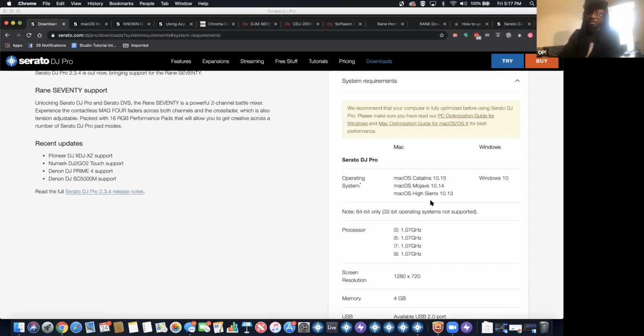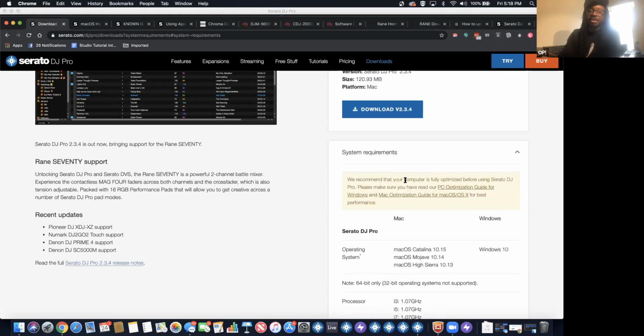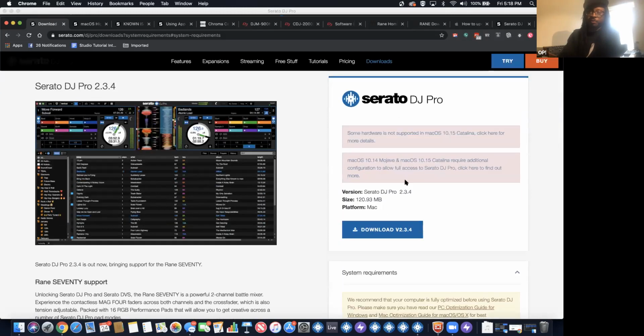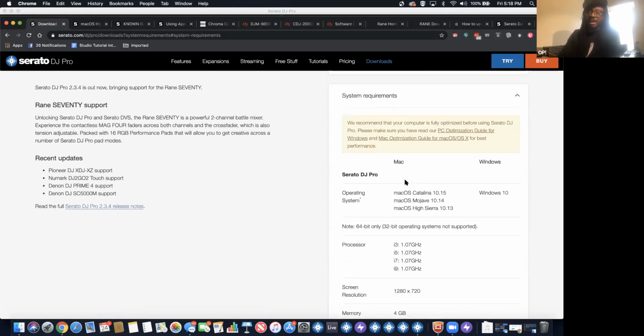Apple technically only supports the last 3 operating systems that it makes for any software across the board. So it's not just Serato, it's everything. Serato kind of has to follow what Apple does, unfortunately. If you have, let's say, Sierra on your computer, it's possible that 2.3.4 will work, but if any bug happens while you're on Sierra, we won't be able to know it's happening because we haven't tested it, since we're following what Apple is doing going forward. So it's important to look and see what's happening here.